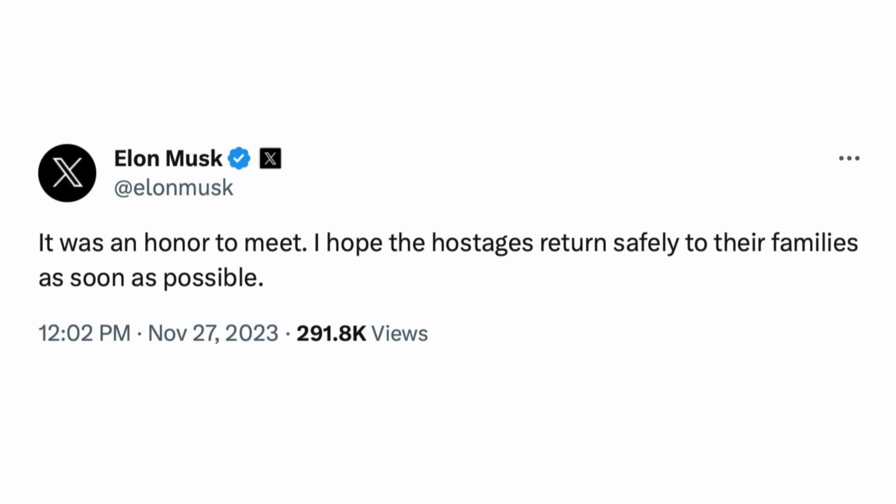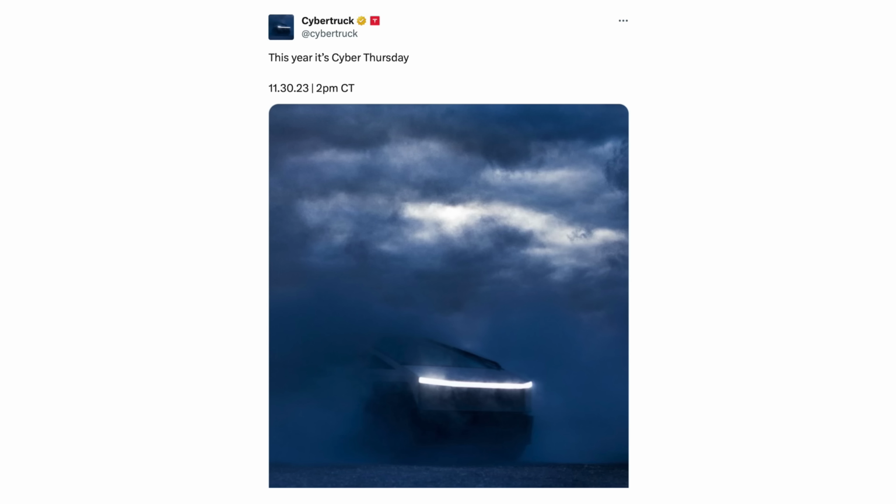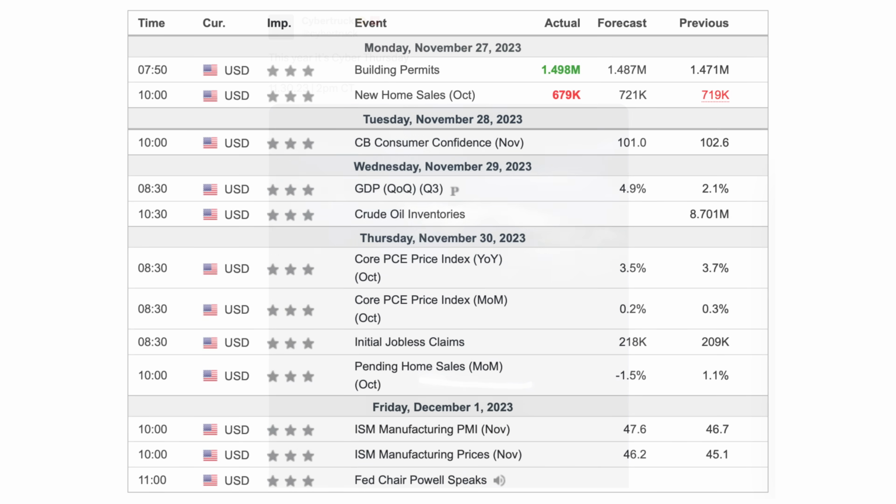All right, lastly for today, quick look at the calendar. Busy week for Elon, busy week for all of us. Elon today visiting Israel. And then, of course, later this week, handing over the first ever Cybertrucks. That'll be on Thursday. Tesla saying that will happen at 2 p.m. Central Time, noon Pacific. And then as far as the economic calendar goes, on Thursday, we'll also get the PCE